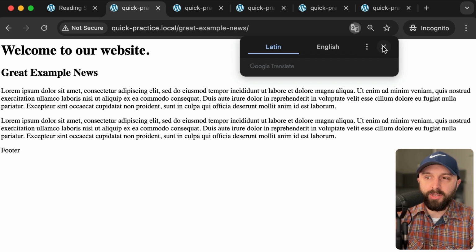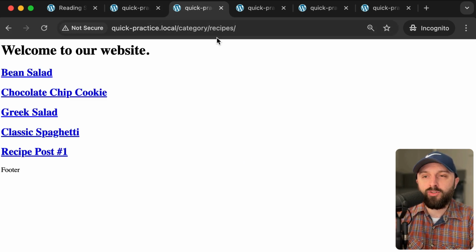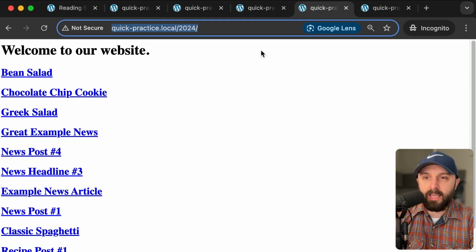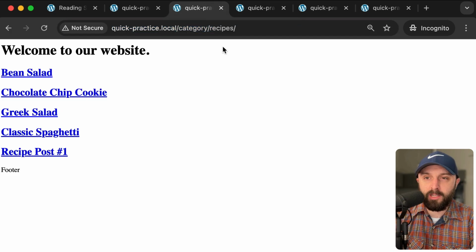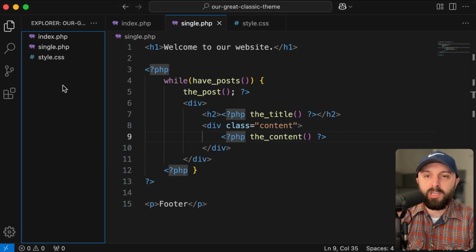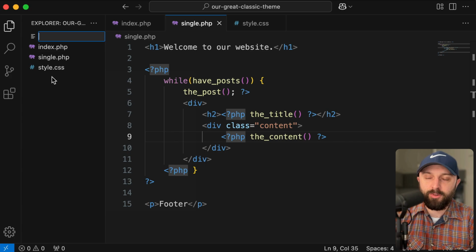This screen is single.php. If you wanted to control one of your archive screens, like this URL is for my category, or this URL is for a yearly archive, right? All posts from 2024, or this URL would show you all posts from December of 2024. So if you want to control these types of screens, well, you just create a new file in your theme with the exact name, so a new file of